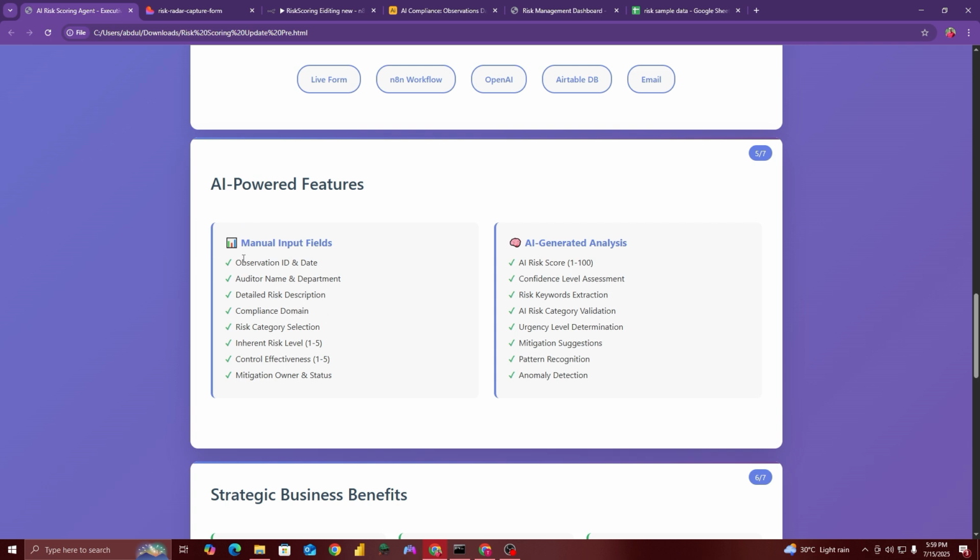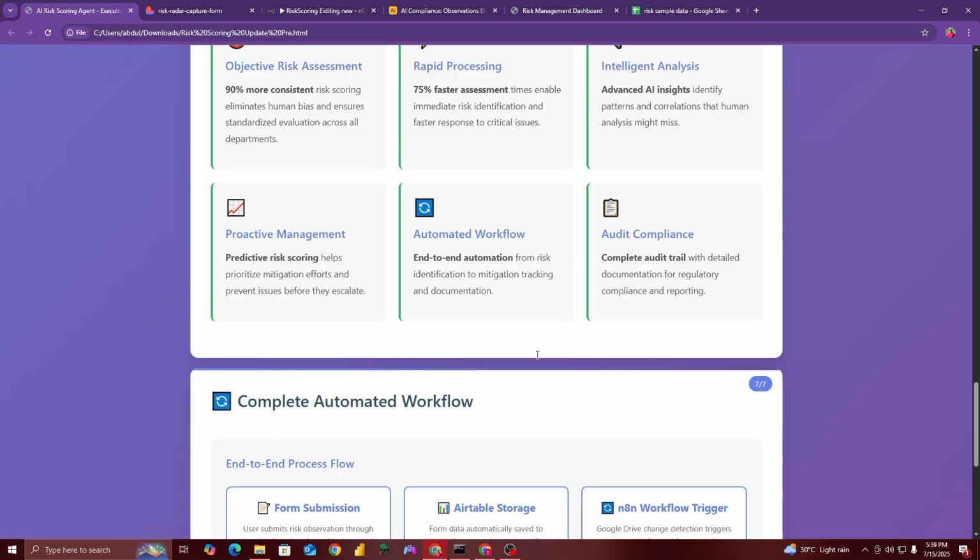These are the fields that the users have to input in order to feed into the AI analysis engine, and then the AI analysis engine will generate the AI risk score, the confidence level assessment, risk keywords, risk category, urgency level, mitigation suggestions, and pattern recognition and anomaly detection. It can also do these things.